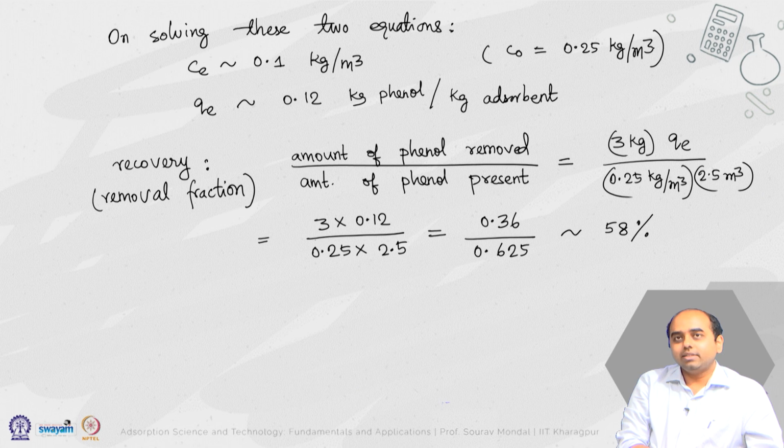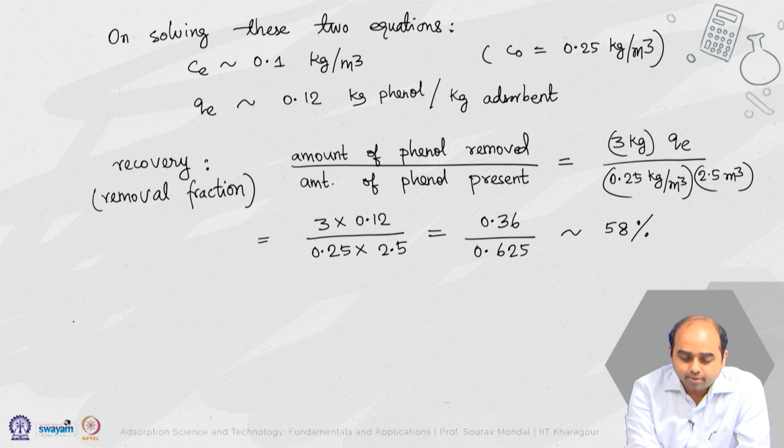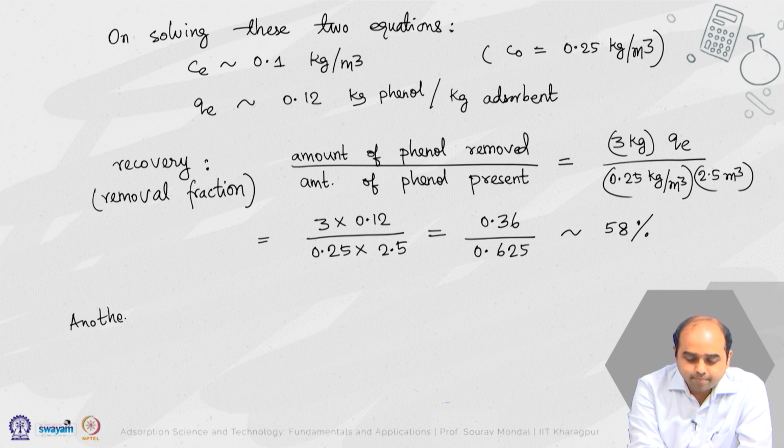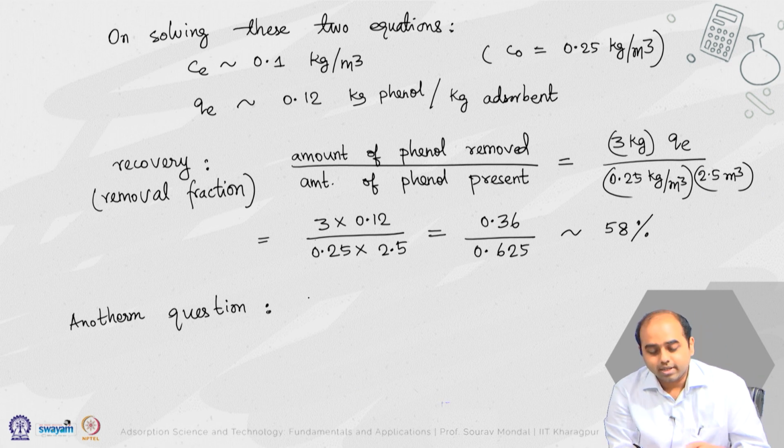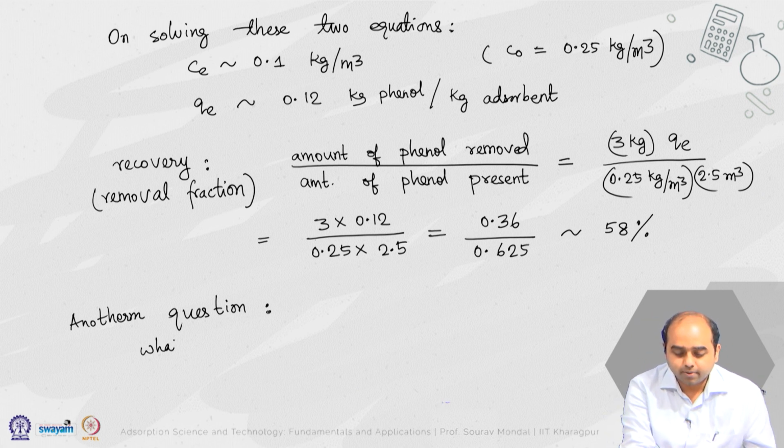So, now the question is, if we want to reduce it to, let us say, 0.01 levels or 0.05 levels, what would be the amount of the adsorbent that would be needed. So, another question on this same topic is: